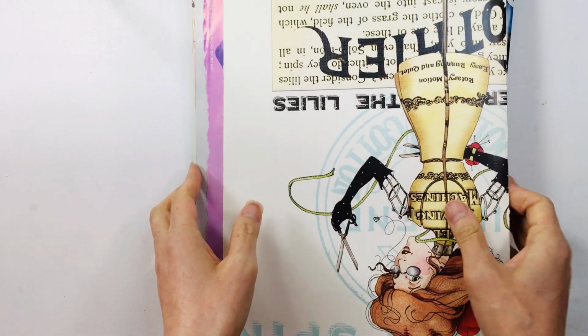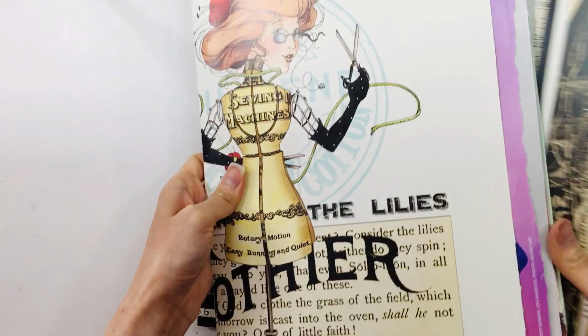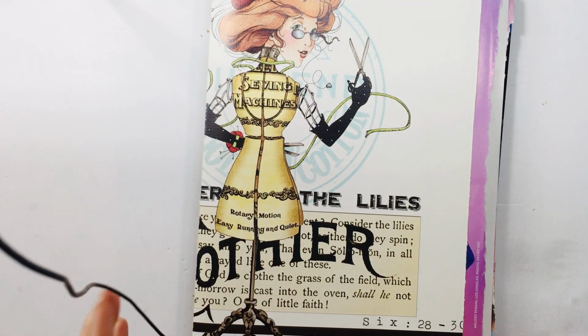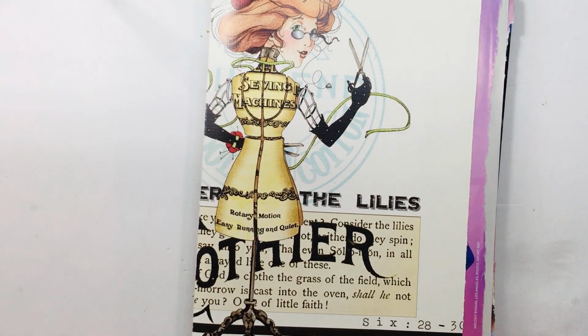I haven't done anything in here in quite a while, so I'm excited to do some gluing today. Alright, so